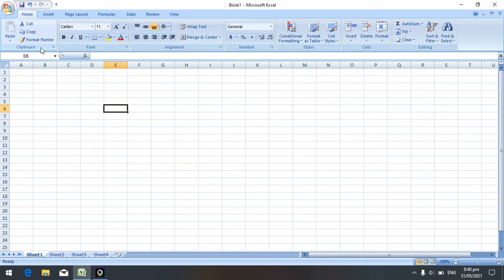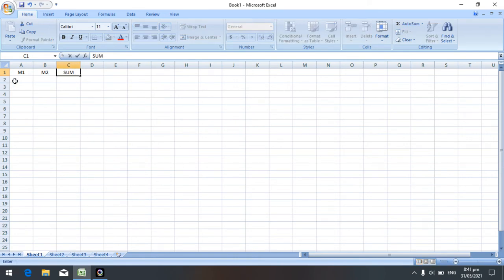So here the important thing is that you can also move the cell contents by the drag and drop method. Instead of cut and paste, you can drag and drop. So I will show here. In the first cell I will write Marks 1, this M1. In the second cell I will type M2, and the third one I will calculate the sum.